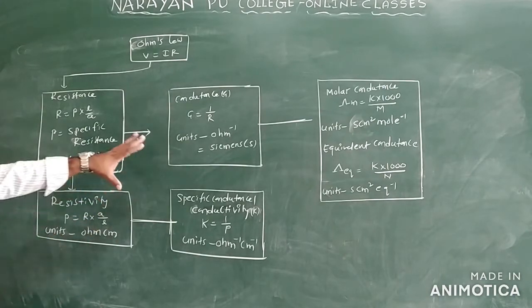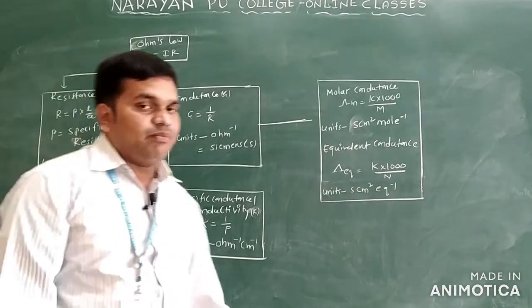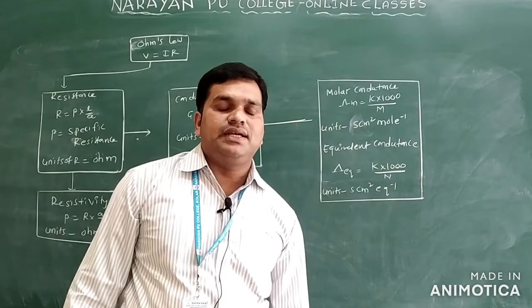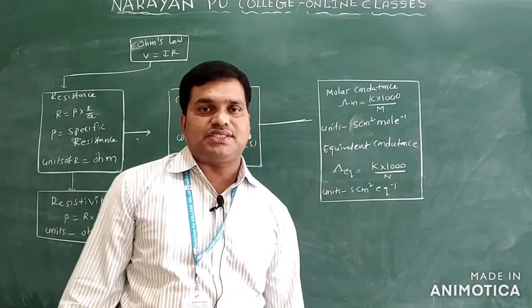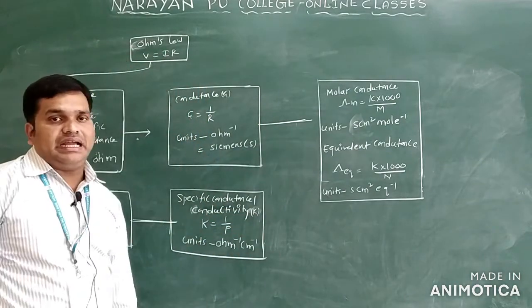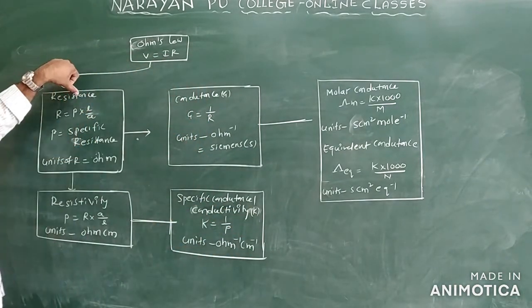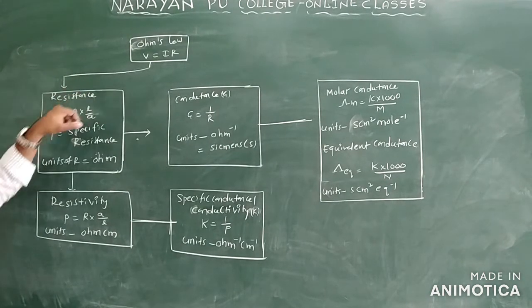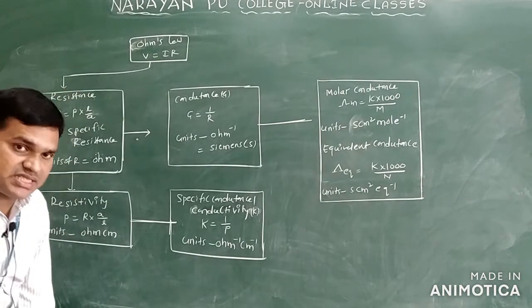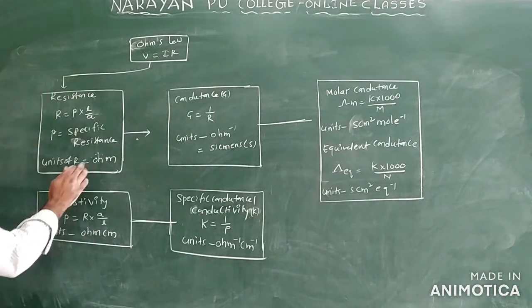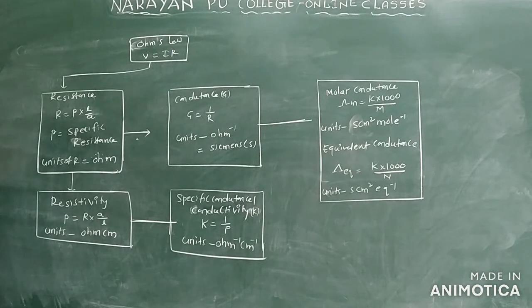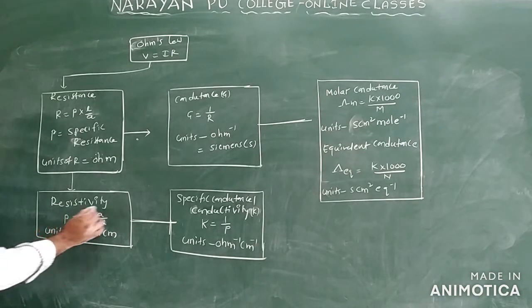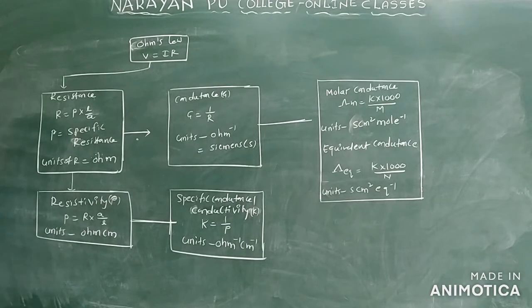Let us see, this is one of the systematic ways of approach. You can easily identify the units and the formulas related to this. What are the concepts we have discussed up to now? You know Ohm's law, V is equal to IR. From Ohm's law, we find the resistance. R is equal to rho into L by A. Rho is called specific resistance, or we can say resistivity. The unit of resistance is Ohm. From this you find resistivity, rho is equal to R into A by L. What units did you get? Ohm centimeter only.